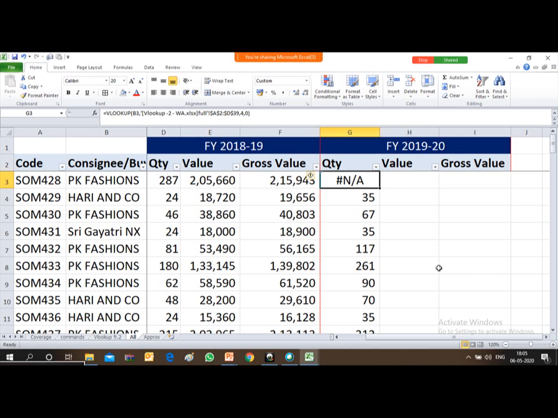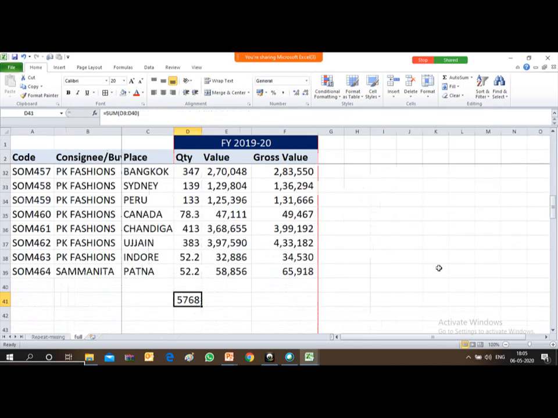VLOOKUP searches with respect to the first column of the range. The first column of the range was also the code of the party. So in the range, I have to change the column number.